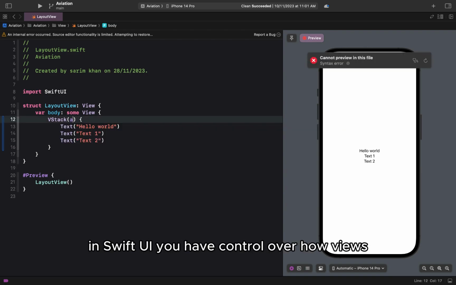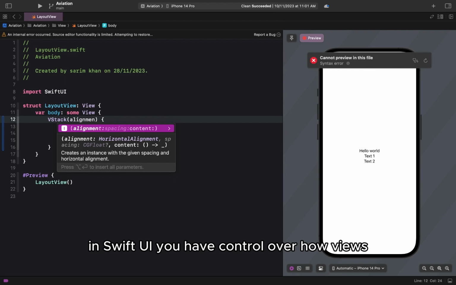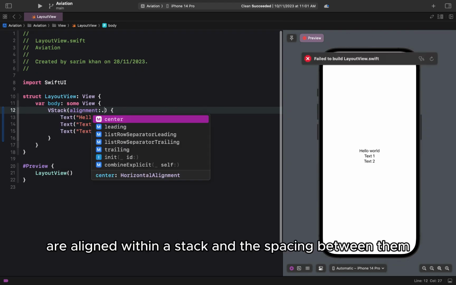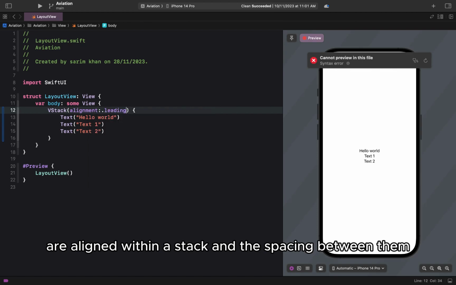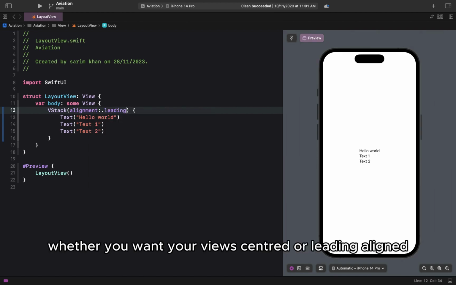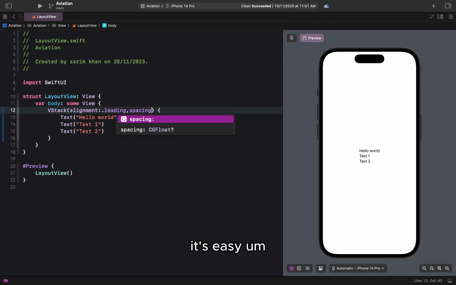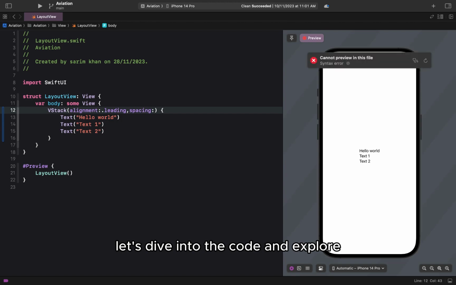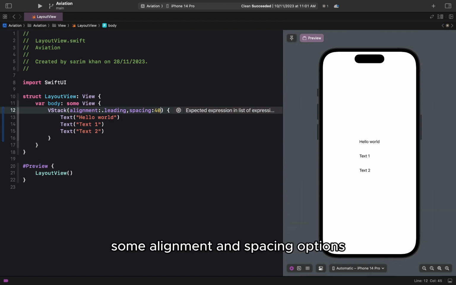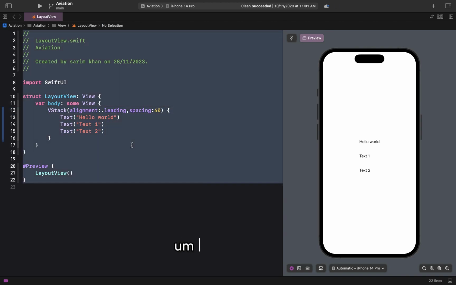In SwiftUI, you have control over how views are aligned within a stack and the spacing between them. Whether you want your views centered or leading aligned, SwiftUI makes it easy. Let's dive into the code and explore some alignment and spacing options. First,